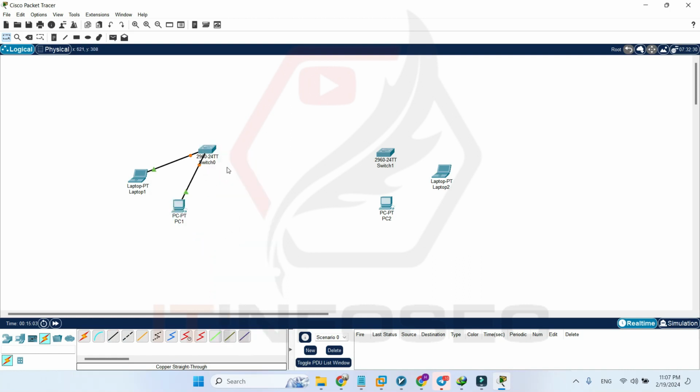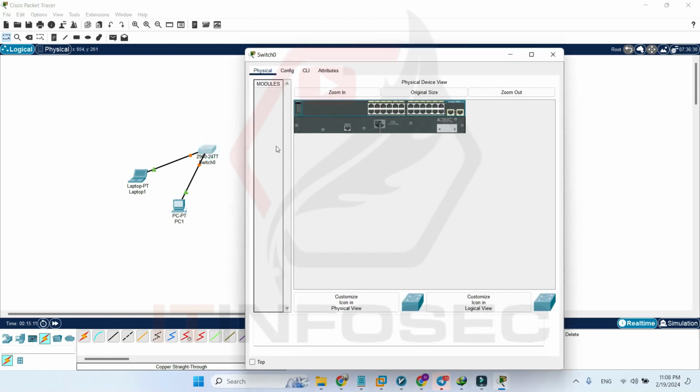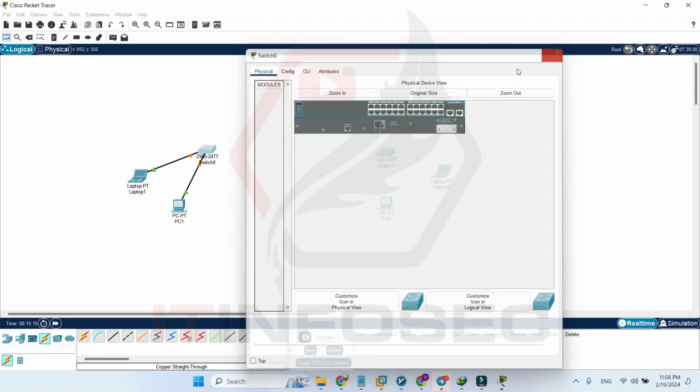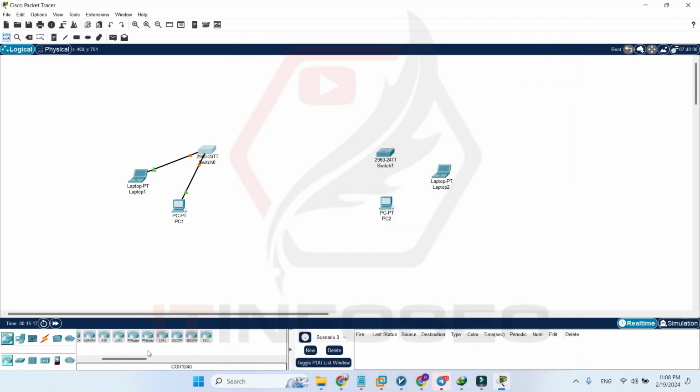Before I connect the other systems together, let me show you the physical status of these devices. When you click on a switch or router, as well as the router I added,